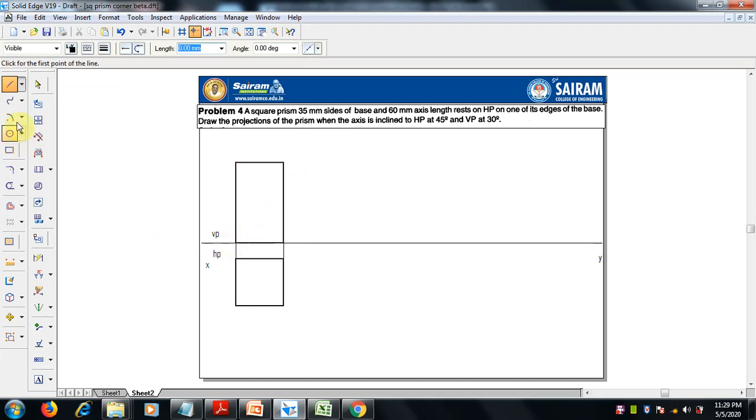Right, now we have to draw the center line. So for finding the center line, I have to draw a thin line, 0.13 mm thickness, that is the diagonal. By drawing the diagonals we can get the center point. So this is the center point. We can select the center point and draw the center axis, from here to here.